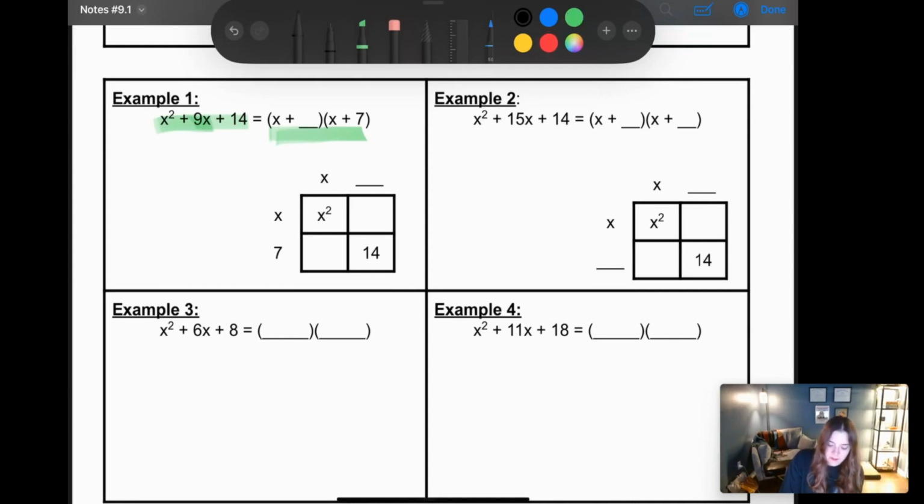X and x give us x squared. X and something, something, right? Now, x and 7 give us 7x. Now, 7 and something give us 14. Well, what times 7 gives you 14? 2, right? 2 times 7 is 14. So 2 must go in this blank, which means that 2 and x together give us